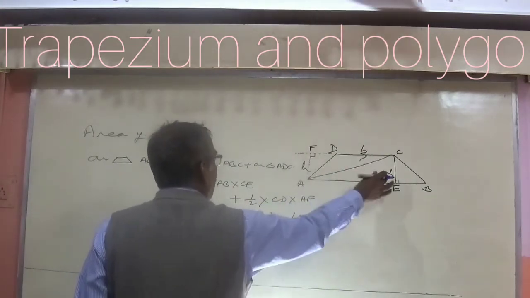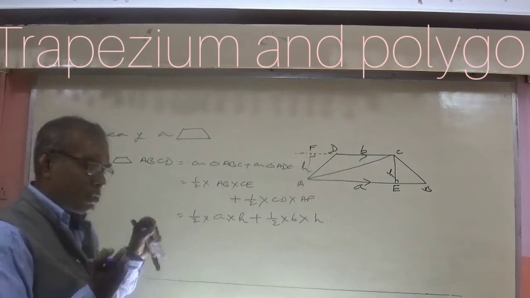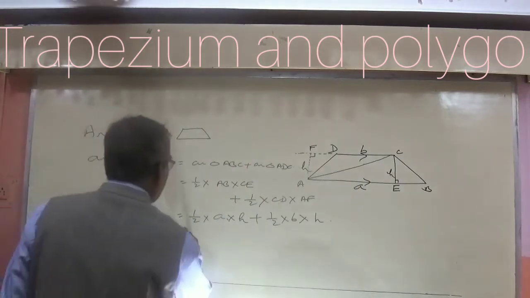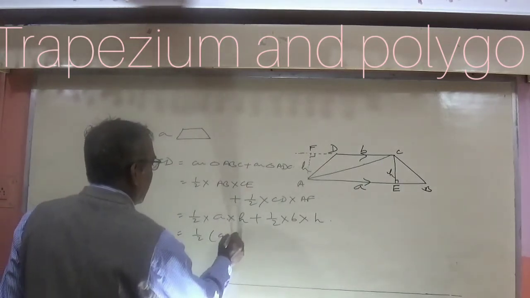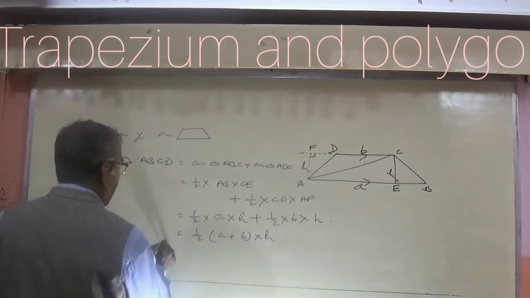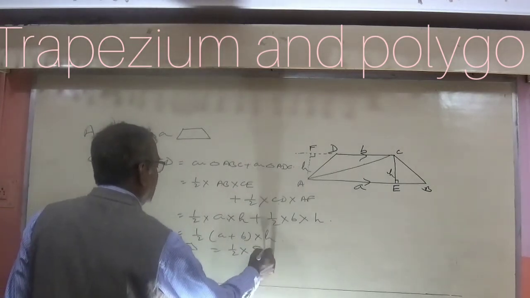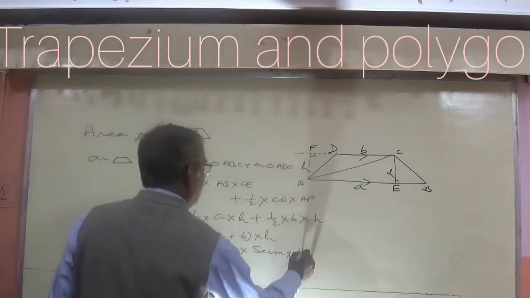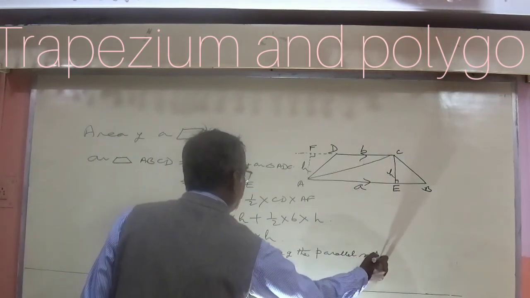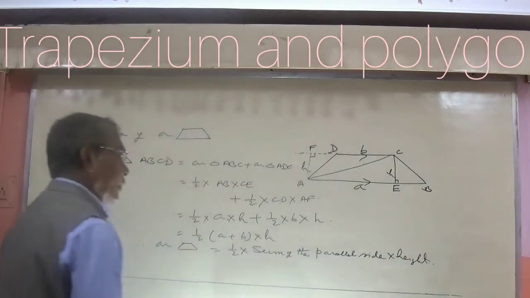AF is also, definitely both of these two are equal as I have explained. That is, distance between the parallel lines means the distance between their gaps always are equal throughout their journey, which is equal to half, if we take out common, into A plus B into height also will be taken out common. So therefore area of trapezium will be equal to half into sum of the parallel sides into height. This is the area of a trapezium.